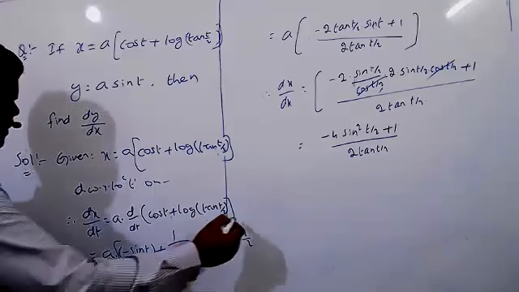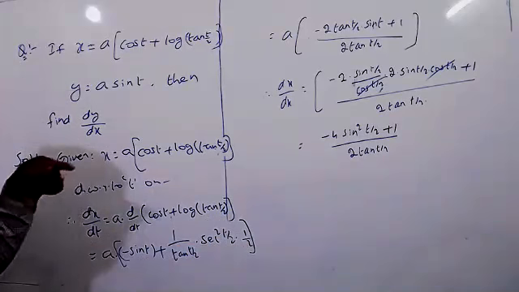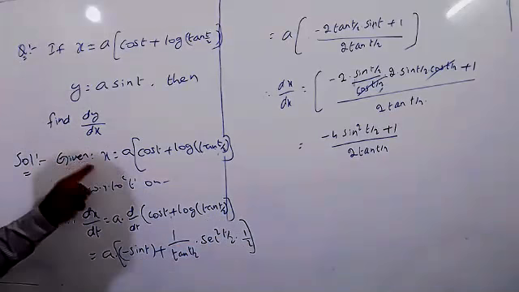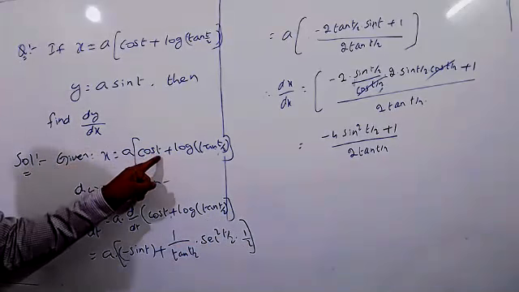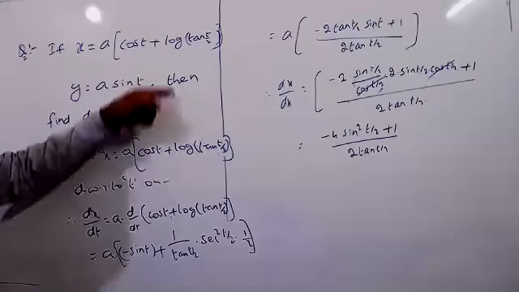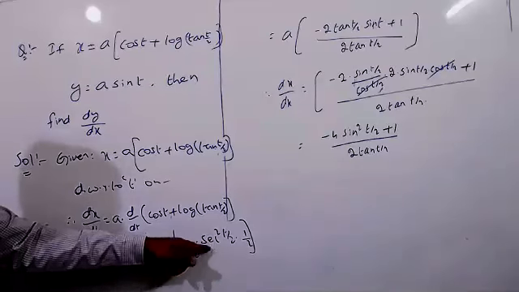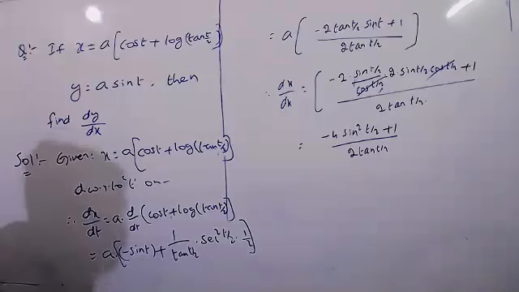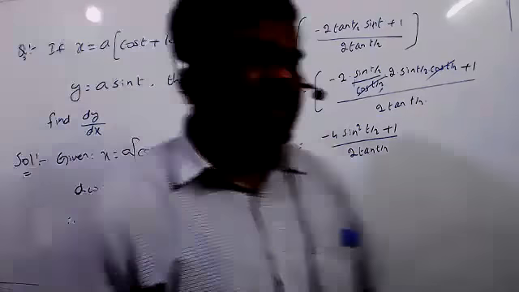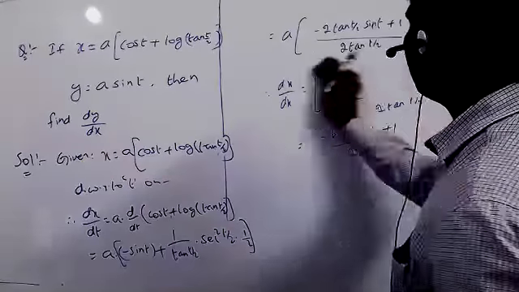In this type of derivative, we are just differentiating with respect to t, sir. With respect to t, because in this function, t is the third variable here. Generally x comma y are the two real functions now, and t is the third variable. It's correct. Now here also, secant square equal to, what do you get? It is the reciprocal of cos, so no need to take LCM here now.